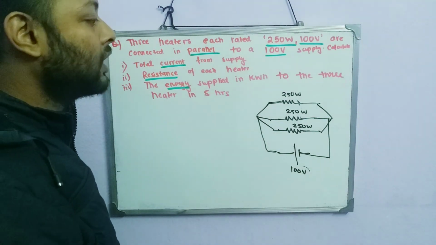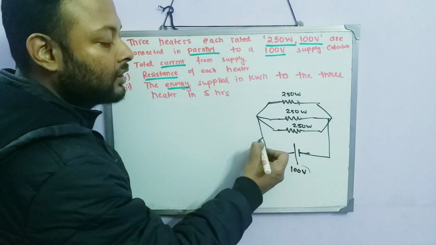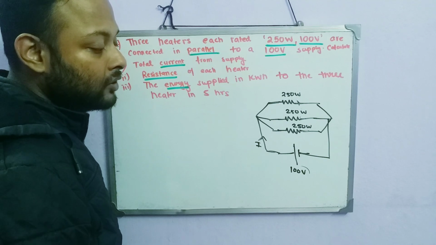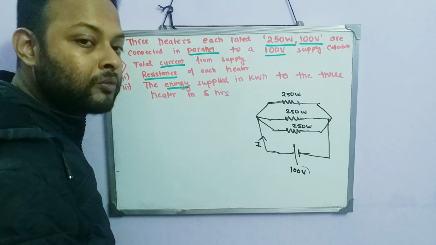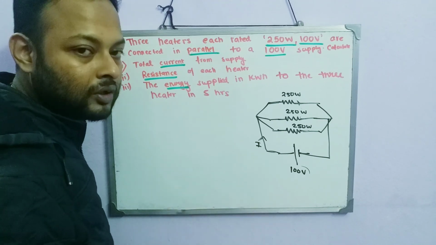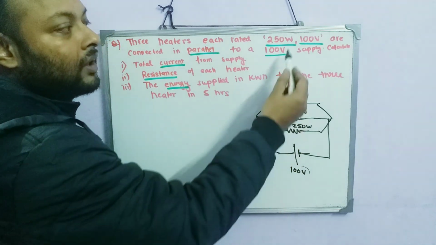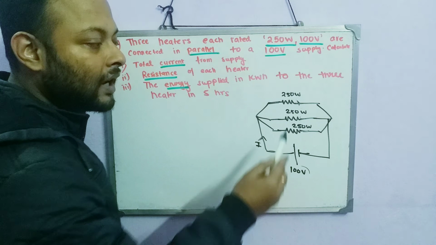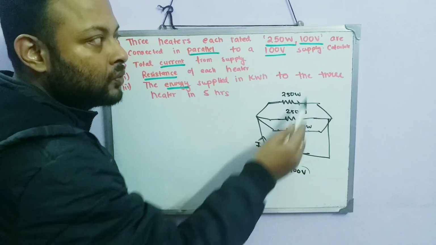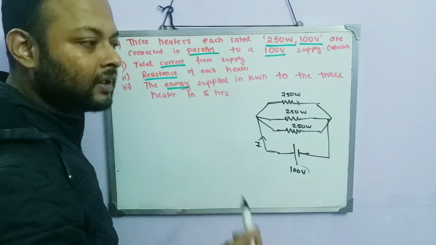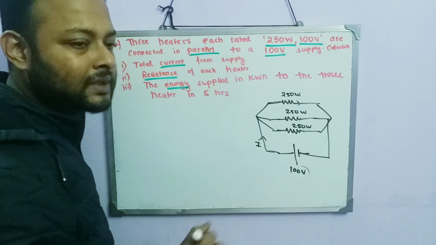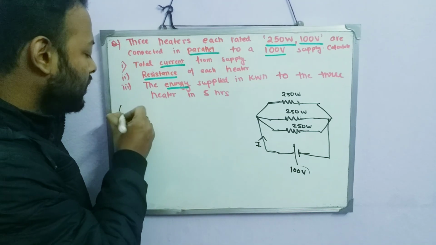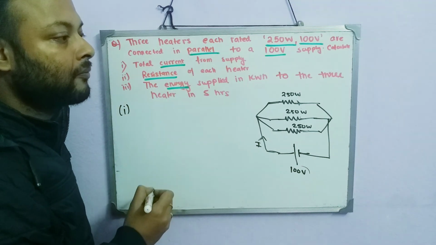Now the total current from the supply, I have to find the current I, total current. So see, don't use Ohm's law over here because resistance is not given. Also you can calculate the resistance, but that will not serve any purpose, because if you calculate each resistance using these two values, then the sum becomes lengthy. So over here you have to use a different tactic to answer the first question, total current.